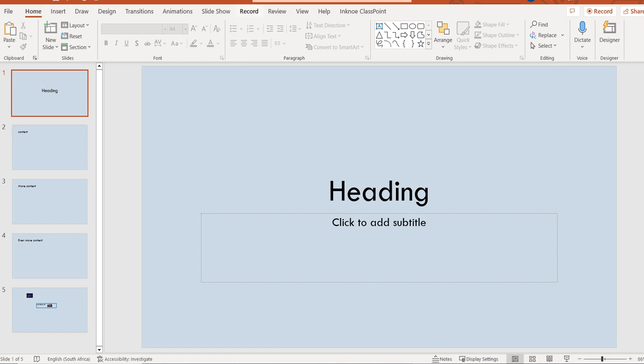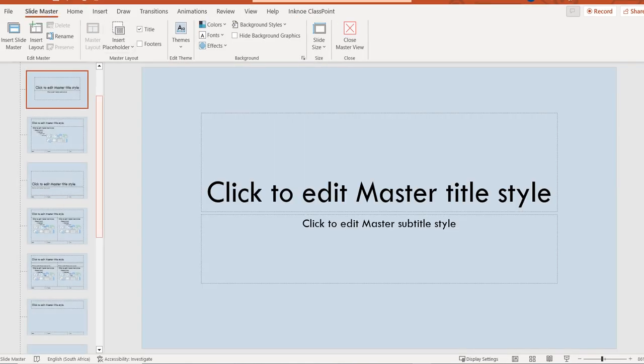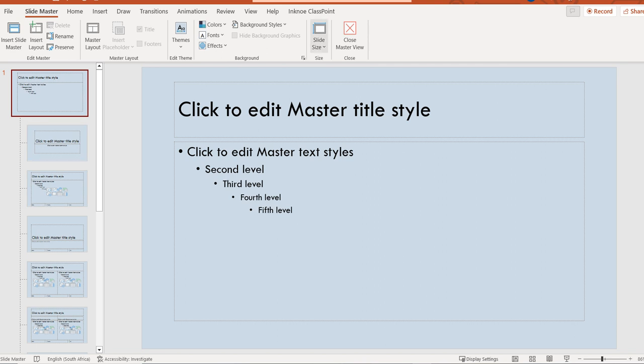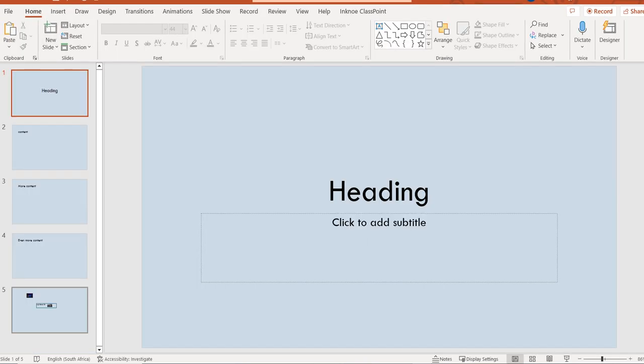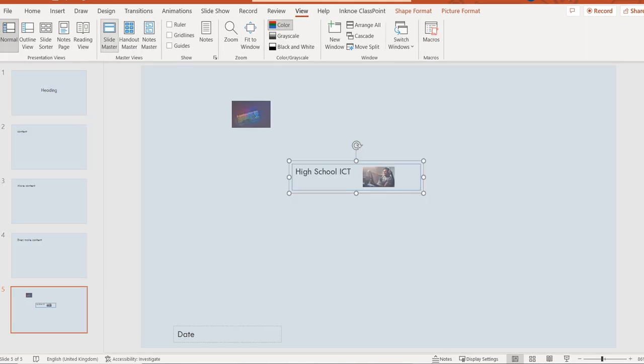Once again, back to View, and we're on our Slide Master. Okay, I want to insert an image, so let's just go to this slide over here, and let's say this is a logo that I've created. Not the best logo in the world, but it doesn't matter, and I want to pop it in on all my slides. So once again, back to View, Slide Master,